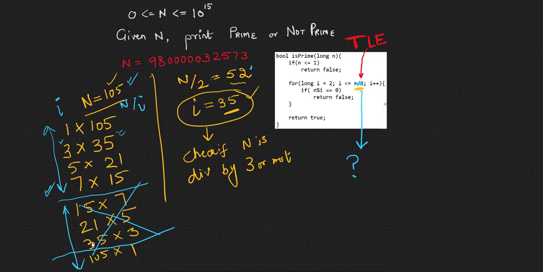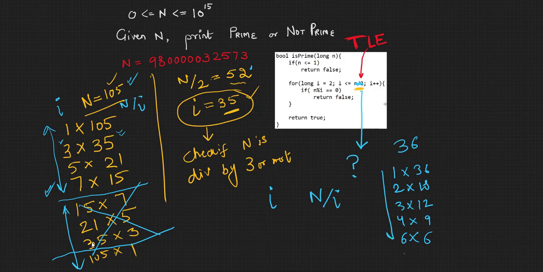Now in order to think this, just see, if one factor is i, another factor is n upon i, we want to know up to which value we can go. This answer can be easily worked out if you take a few examples. Let's say I take the example of 36. So 36 can be written as 1 into 36, 2 into 18, 3 into 12, 4 into 9, and 6 into 6. And after 6 into 6, if I go to 7, 8, 9, you see they start repeating. Up to 6 it is good enough. After that we will get 9 into 4 and so on. So I don't want to do that.